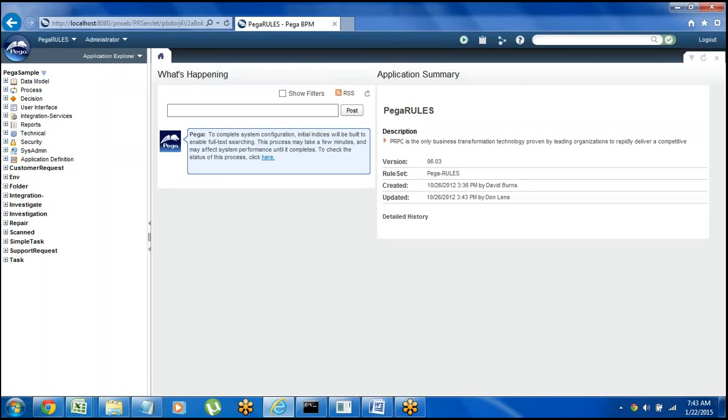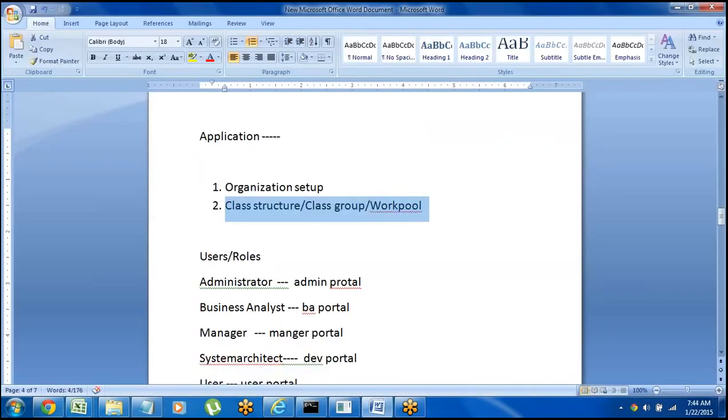I will show you in the next session how to replace this Pega sample with the new class structure. Class structure is nothing but a work area. For example, in some other technologies we used to create a workspace, right? Similarly, this class structure is also a workspace for creating all the rules. Whatever we are developing, we store all those rules in that particular workspace. So the class structure is a workspace to store all the work created in the developer environment. Regarding that, I will tell you in detail in the next session.